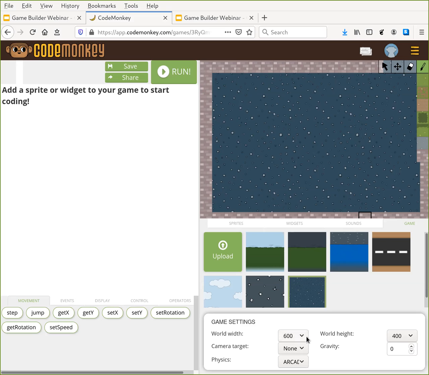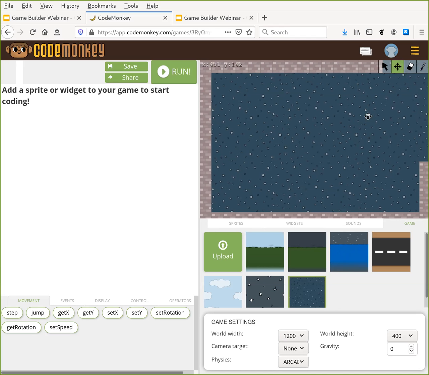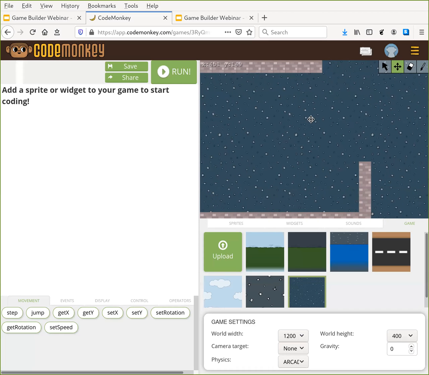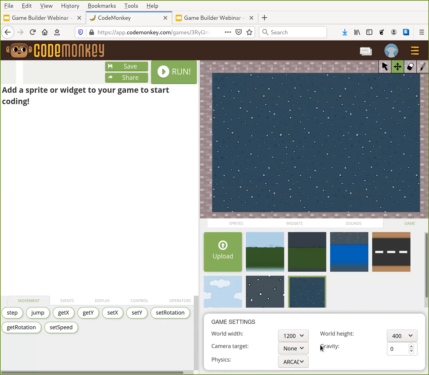But if I temporarily make it wider, I can then use this tool, the little crosshairs tool, to shift things over. But now I can use the paintbrush to finish drawing in my world boundaries, then move back, and then set the world width back to 600.